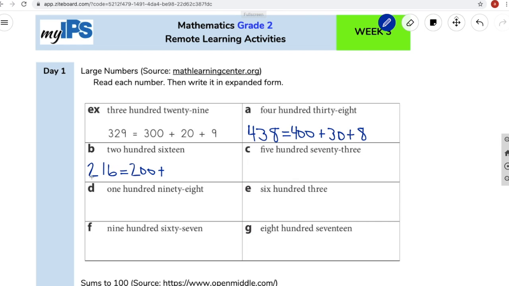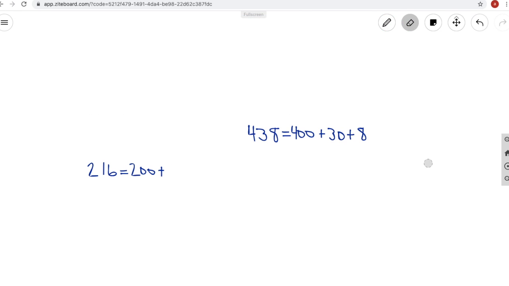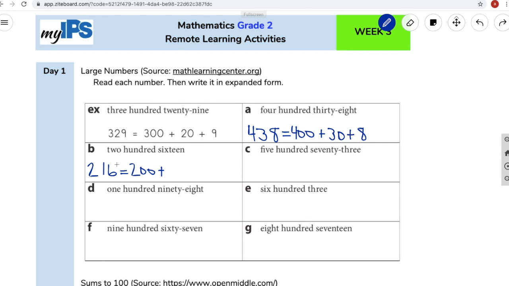All right, we go back. 216. Well, we can't just write 16, right? That won't be right. That's not expanded form, so that's not going to work with this one. So now we have to ask ourselves, okay, where are our numbers located in the number? So we have 2 that's in the hundreds place, a 1 that's in the tens place, and a 6 that's